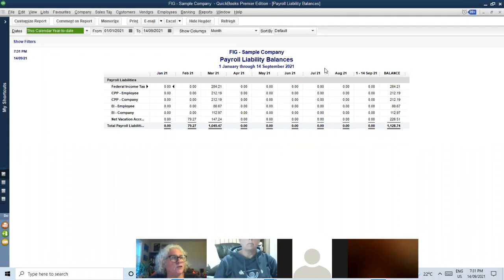You just can't go to write check and write a check for the payroll liabilities, because it doesn't relieve this linked report behind the scenes. So when it comes to payroll, one quick thing I want to mention here tonight is when you pay your payroll liabilities, you want to see